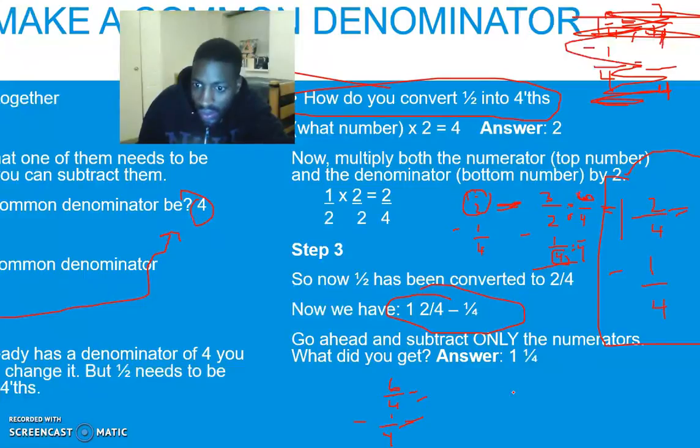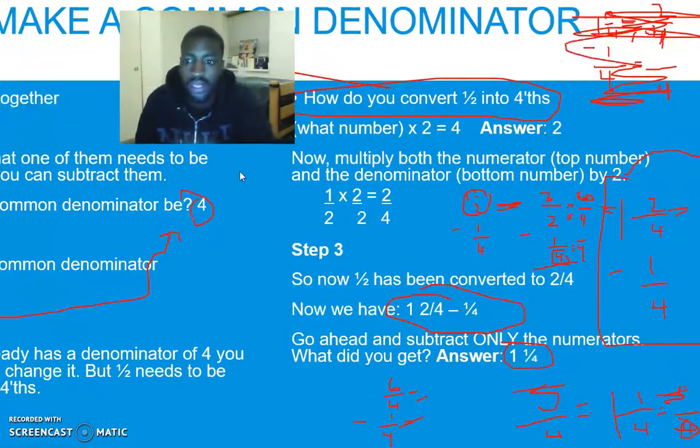So 5/4. 5/4 is the same. I'm going to explain for a second. So what you do right here, you say 4 times 1 is 4, plus 1 is 5, and just keep the same denominator. All right, next,